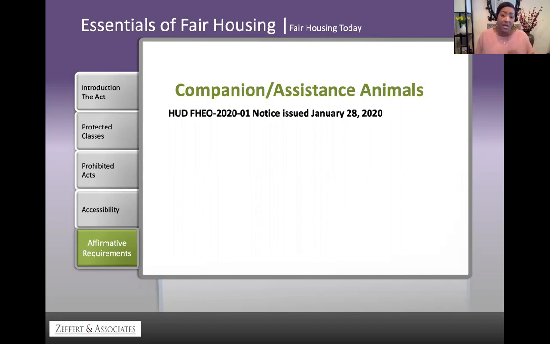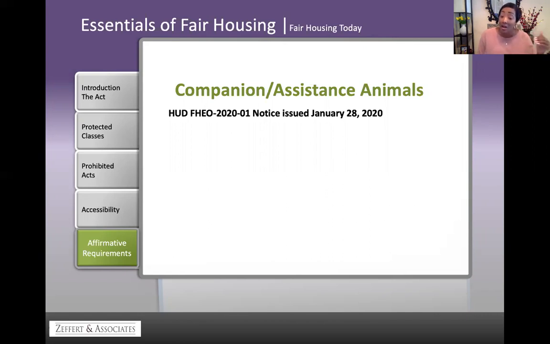Here is specifically from a HUD memo on the gray box, 6-1-2006. It gave guidance to housing providers for those particular breeds of animals that may be considered aggressive, and what our responsibility is to allow reasonable accommodation as a companion or assistance animal. It says if a housing provider's insurance carrier would cancel, substantially increase the cost of the insurance policy, or adversely change the policy terms because of the presence of a certain breed of dog or certain animal, HUD will find that this imposes an undue financial and administrative burden on the housing provider.